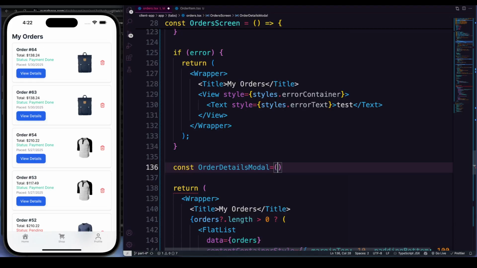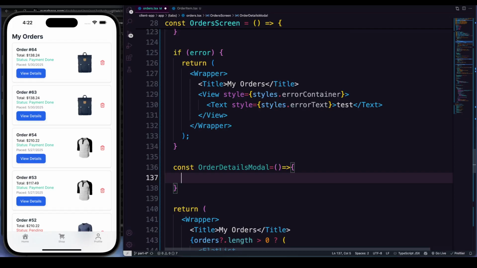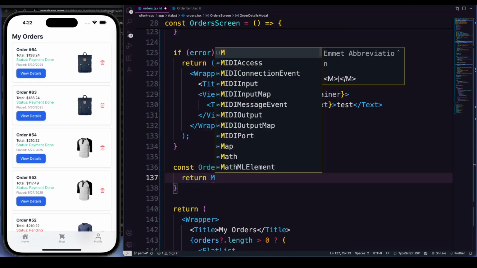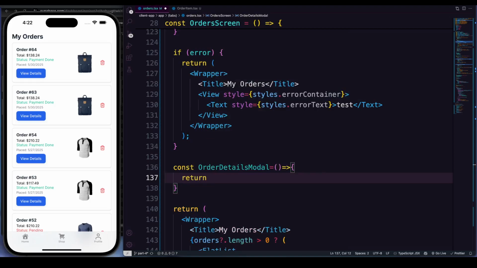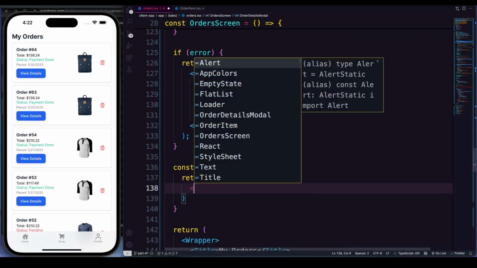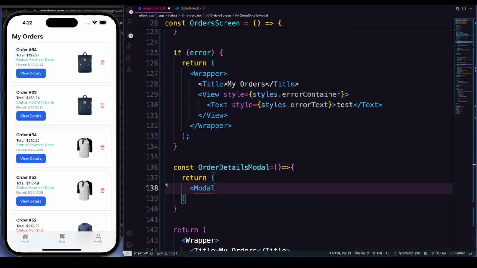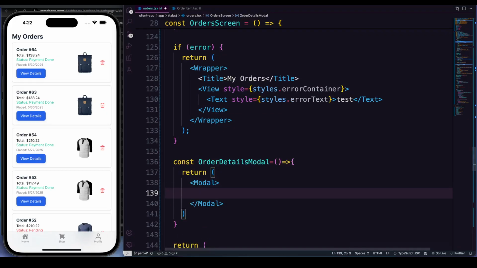and here that should be a simple function, and from there it's going to return a model, of course. So I'm going to return, okay, that should be passed like that. Model from React Native, and in the model we need to build a lot of things. So first of all, I'm going to create a view,